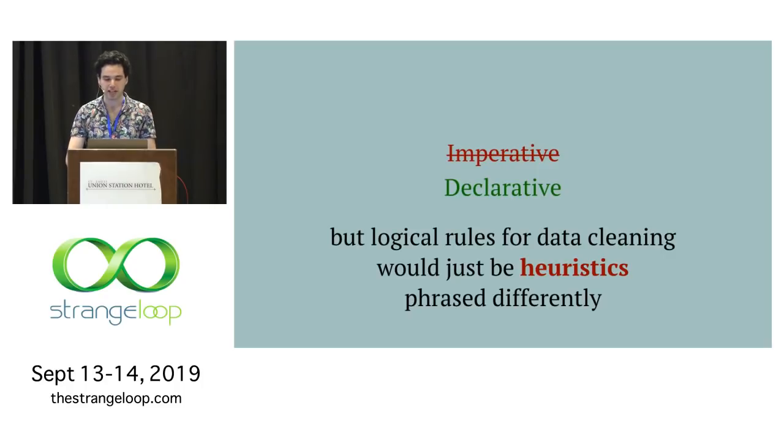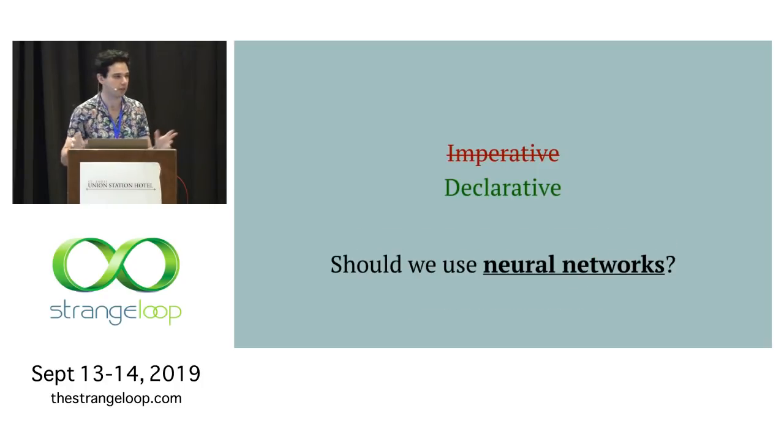Another interpretation of declarative could be, and this is a little bit of a weird interpretation, should we use neural networks? I think of neural networks as a declarative technology because what you actually specify to the neural network is your input and output examples, and then it learns how to do the mapping between input and output examples. But that's also not going to solve our problem for two reasons. First of all, we need a lot of training data for a neural net, and we might not have examples of clean and dirty data tables to train this neural net.